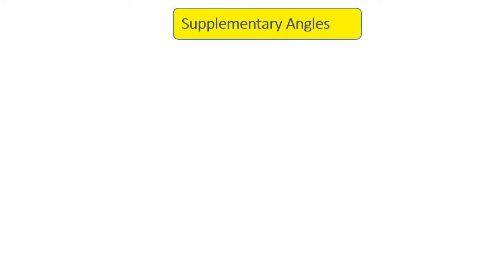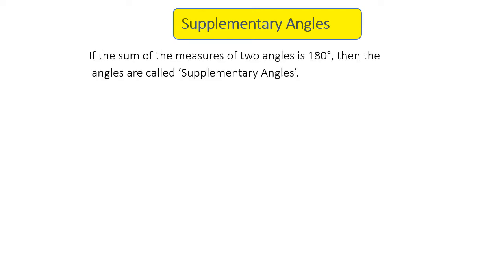Now there is one more pair of angles which are called supplementary angles of each other if their sum is 180. So please don't get confused. If the sum of two angles is 90 degrees, then they are called complementary. But if the sum of two angles is 180 degrees, then it's called supplementary. So remember, complementary gives you